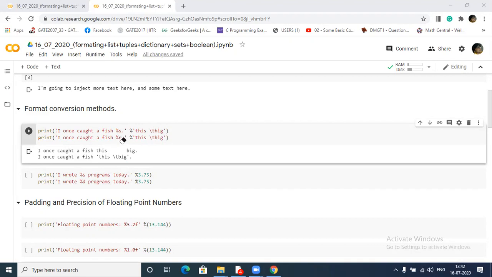But when I use the r format specifier, then this slash t will not do its work. It simply prints as it is. Here slash t will not act as a tab space. See, when I print the same string, it gives a tab space, but here it is not giving a tab space. It is just using this slash t as a part of the string, as a character.